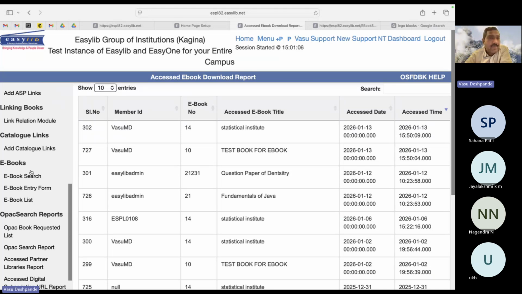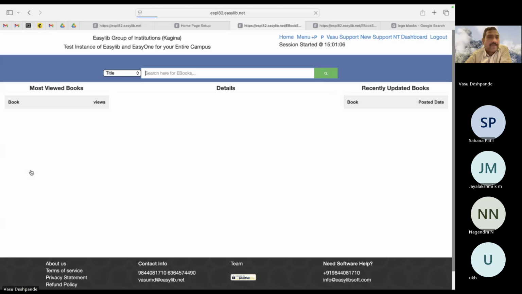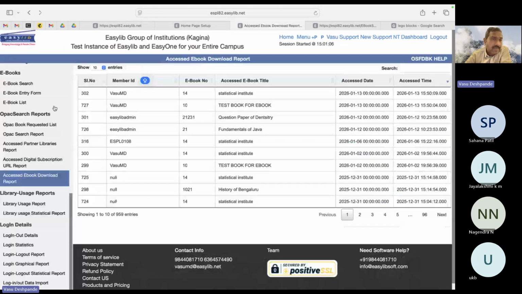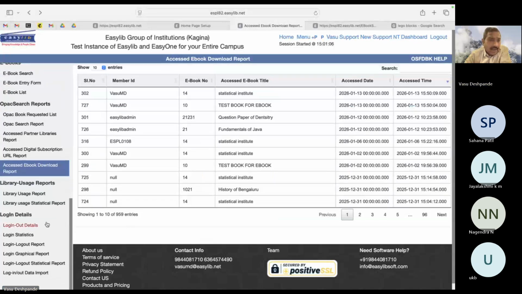Okay, so ebook search, you can get it. How many people have been searching the ebooks? What are the books requested? What are the OPAC search results people are expecting? Partner libraries accept. All of that you can get. Login, logout detail, with the statistical report and the trend. So basically, Easylib is going to help you,